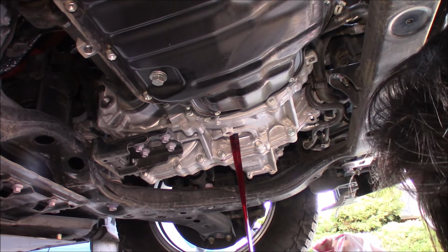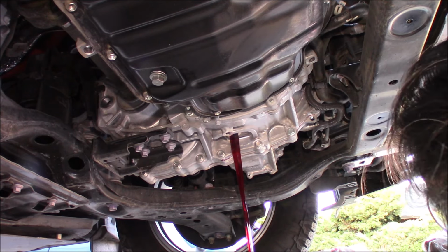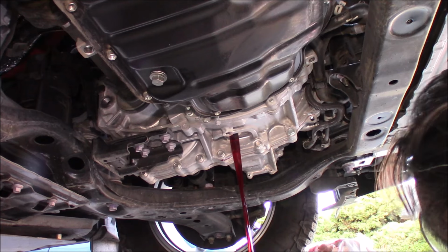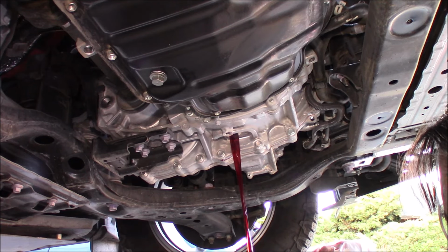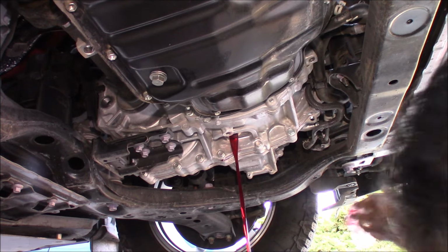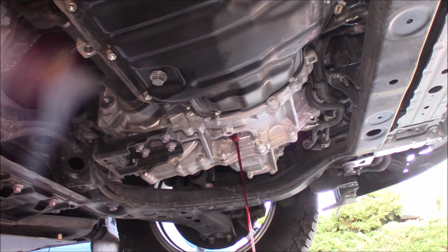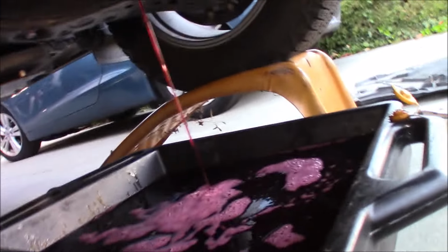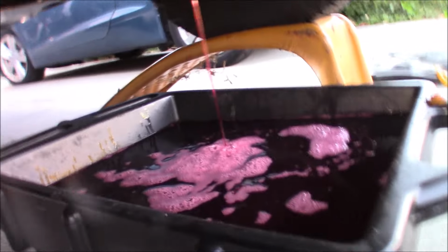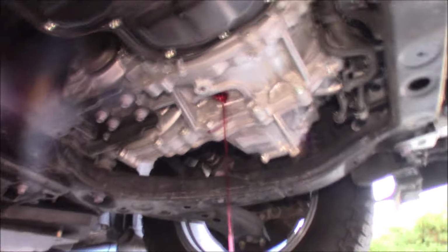Alright, it's a kind of reddish purple liquid. Oh boy, the vent wasn't on my thing. So almost 5 quarts of fluid is going to come out, guys. Alright, and it looks like it's pretty clean, man. It looks kind of like a Robitussin, is what it looks like, guys. It's still draining. Okay, so let that drain for however long it takes to drain it all, and then